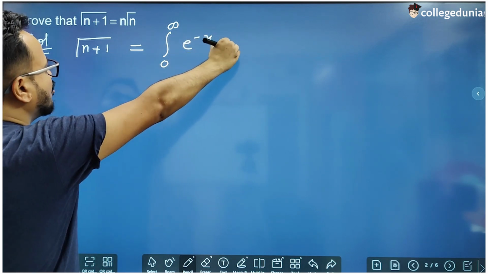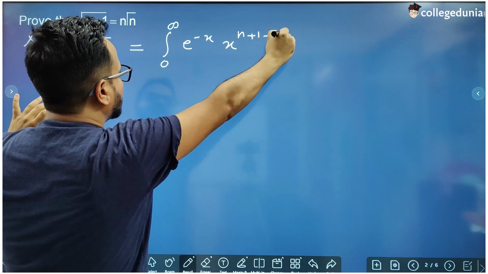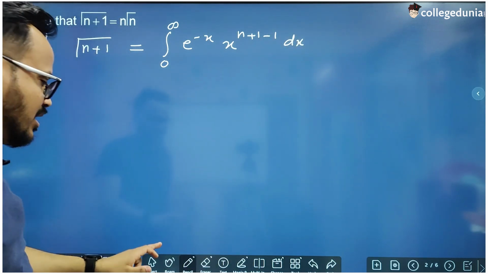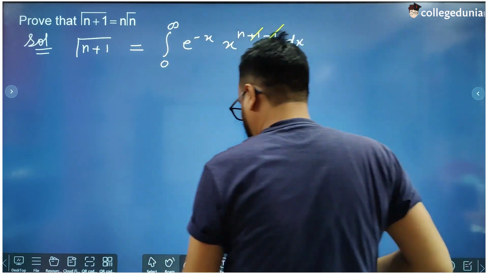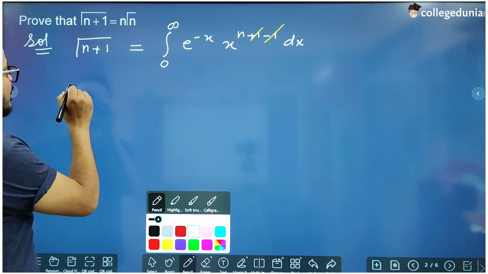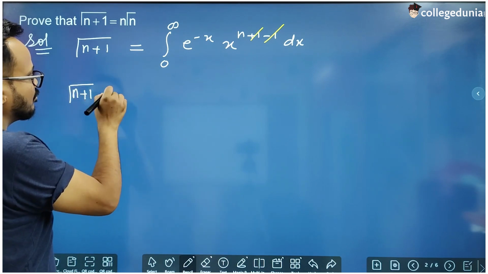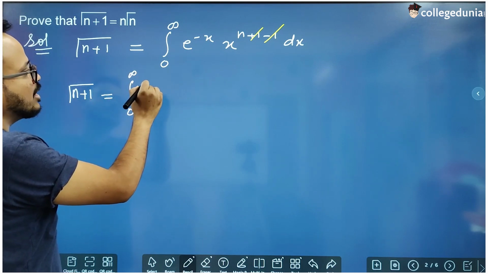So for this we will put n plus 1 instead of n. In place of n we have to put n plus 1, and now 1 gets cancelled out from minus 1, and now this value becomes